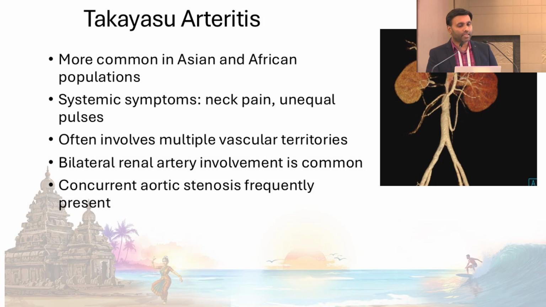And the factors that you take into consideration in Takayasu are: is the aorta involved or not? Aorta has short segment and long segment involvement. Are bilateral renal arteries involved? What is the stage of the disease, active or inactive phase? Is the kidney preserved? Is kidney size preserved or not? Is it a small kidney, less than 5 centimeters?